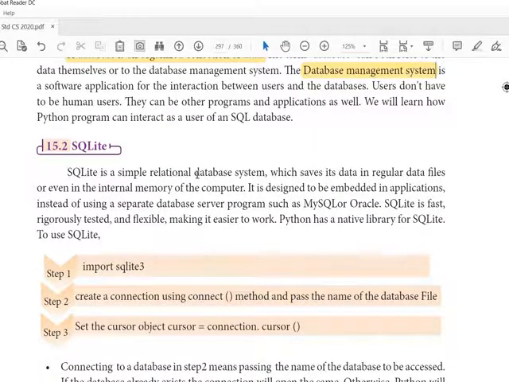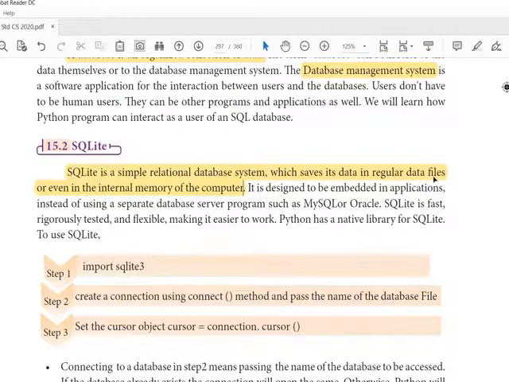SQLite is a simple relational database system which saves its data in regular data files or even in the internal memory of the computer. Again, I'll repeat, SQLite is a simple relational database system which saves its data in regular data files.